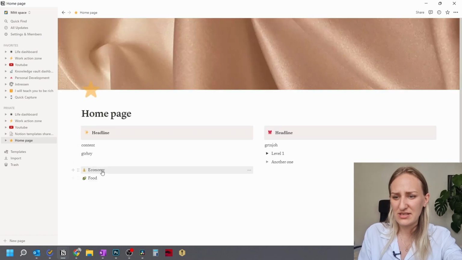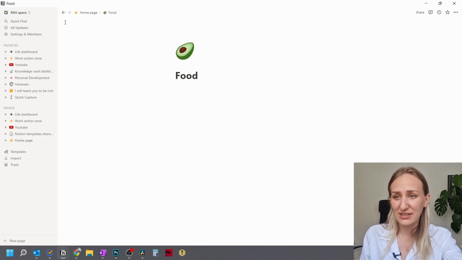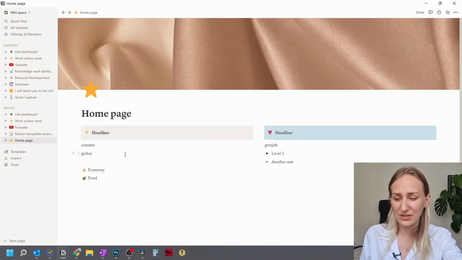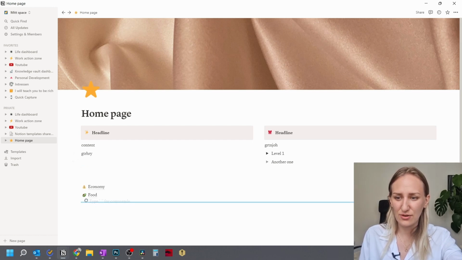Going back to the home page, now we have an economy page, a food page, and now we end up with a very interesting problem that I keep getting all the time. I can't click down here to create a new row, and if I click up here in order to place the cursor, I only click on the food part. So I'll just go up here, do some spaces,